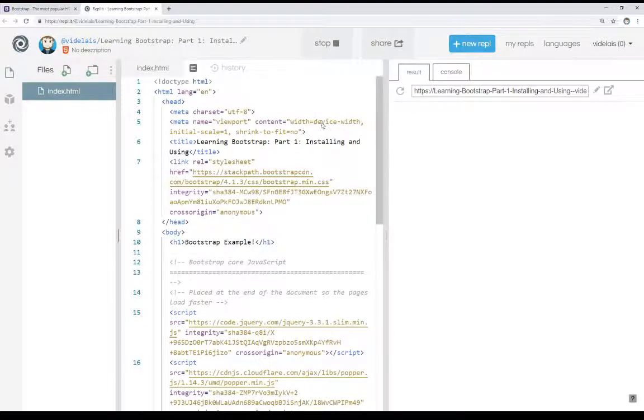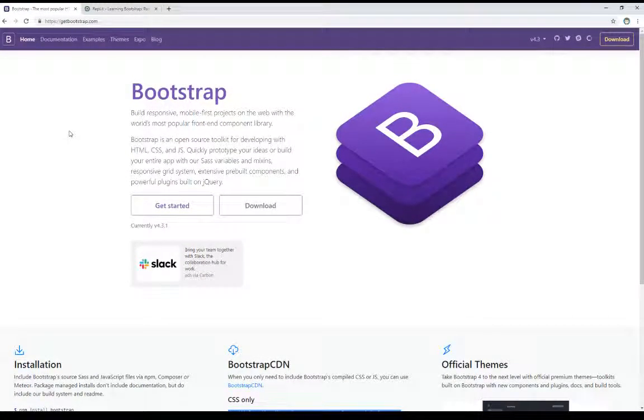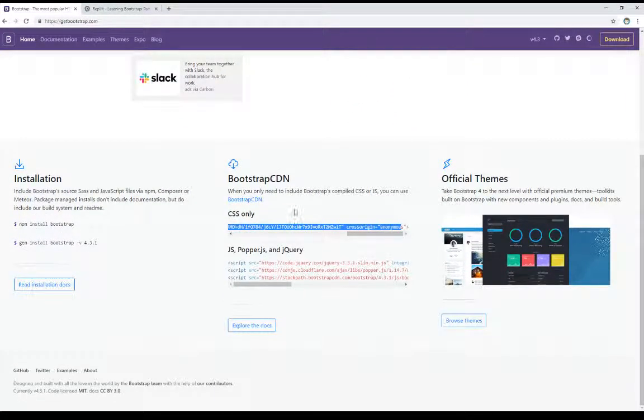And so let's run this to see the example. Well, it's not terribly exciting, but now we're running Bootstrap. So let's review everything here. Coming back over to the Bootstrap website, you can see I've gone to getbootstrap.com. And I could, if I wanted to, download it. I see the download button right here, or right here we're using in the middle the CDN Content Delivery Network